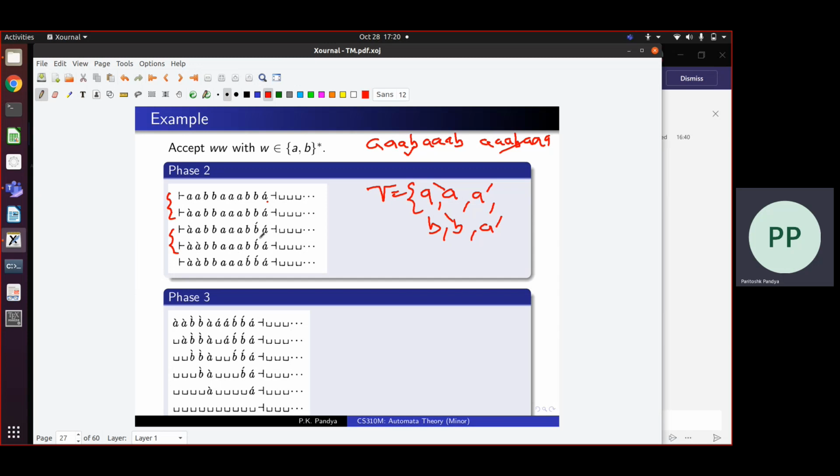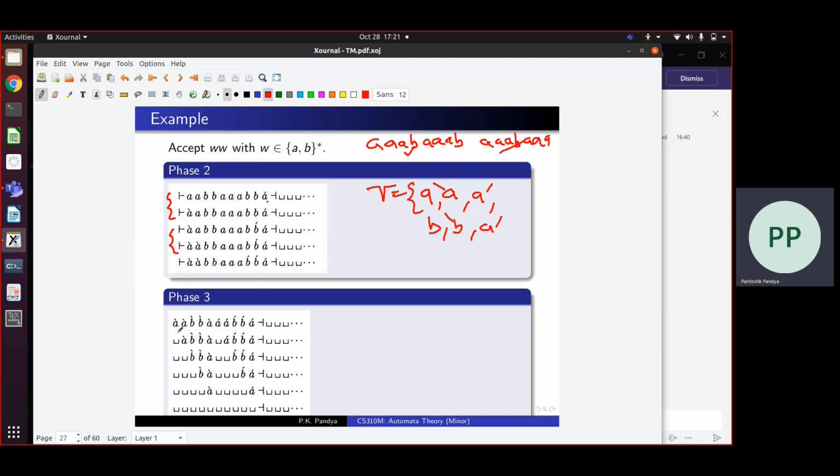It has converted the last two symbols into their right versions, and the first two symbols into their left versions. You keep doing this in many steps, till at the end all the first half of the string will be marked with left symbols, and the second half will be marked with right symbols. So in a word which may not be of the form WW, you separated the first half from the second half by marking the symbols in the first half as the left version and the second half as the right version. This is how you do phase 2. So now you know which part is the left part and which part is the right part.